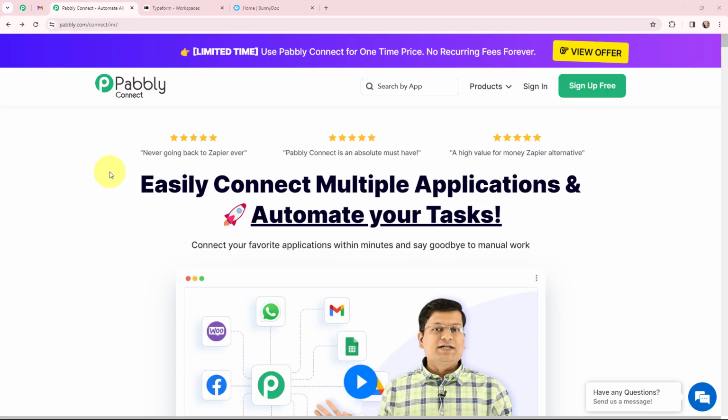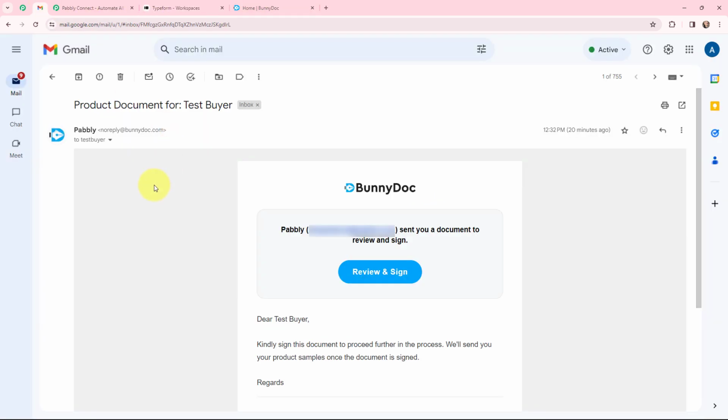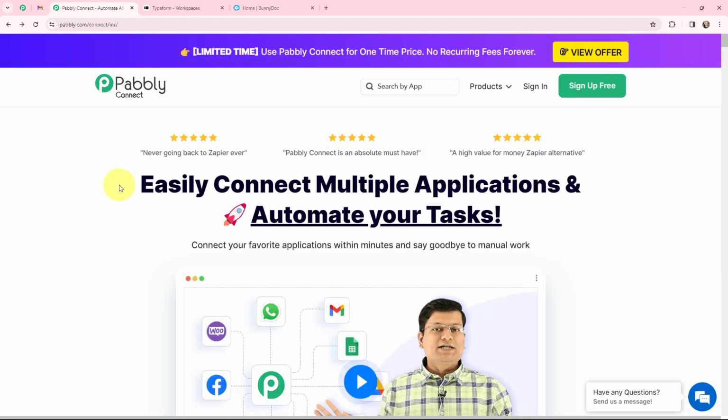In this video, we are going to understand how to send BunnyDoc document for signature on Typeform submission. Let's say that I'm using Typeform as a form builder application, and my objective is that whenever I receive a new form submission, then by using BunnyDoc, I want to send a document regarding authentication or signature purposes. Now to automate this entire process, I'm going to use Pabbly Connect, and as an existing